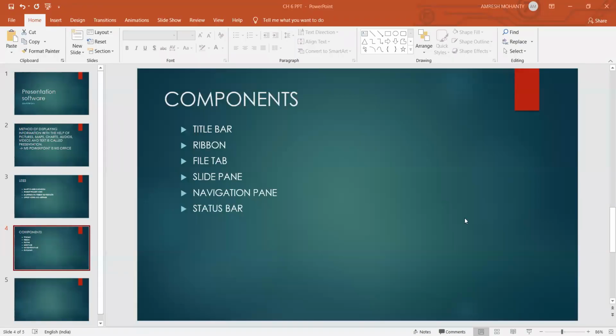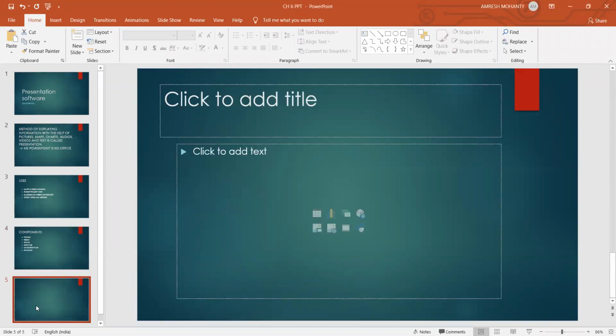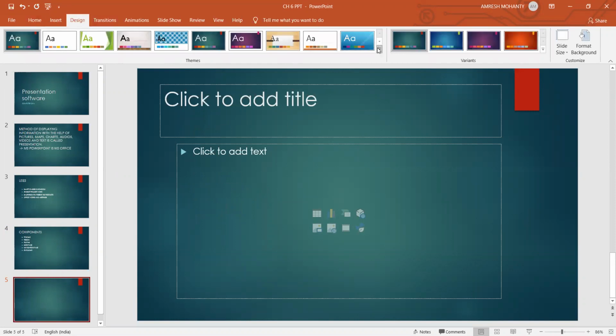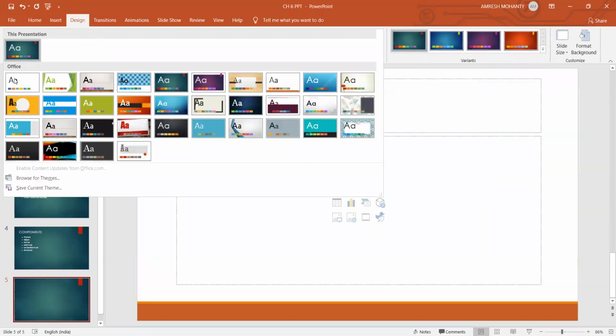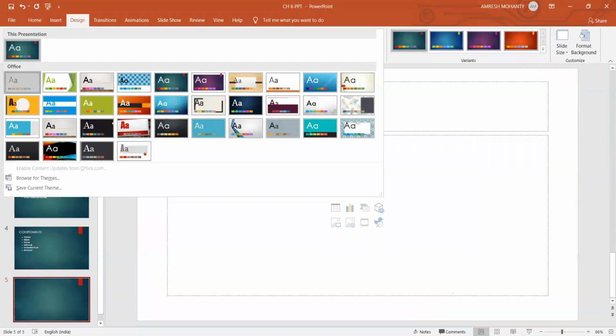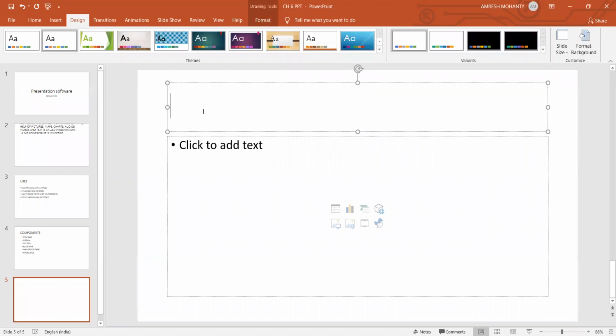So my dear students, these are the components which I've already taught. Now you will learn how to create a presentation. You have already learned about the normal thing or the basics to do the presentation. Now suppose I will start with how to make a presentation. I will start with adding text to a slide. How to add text to a slide.